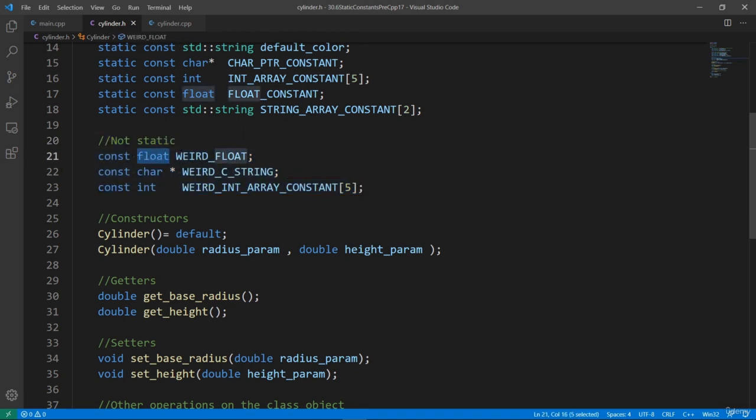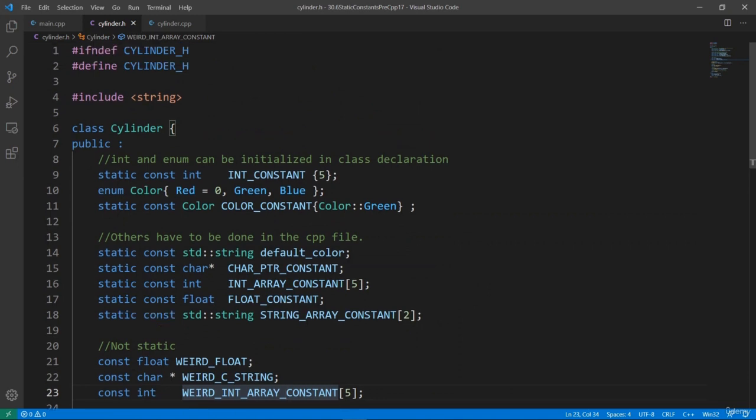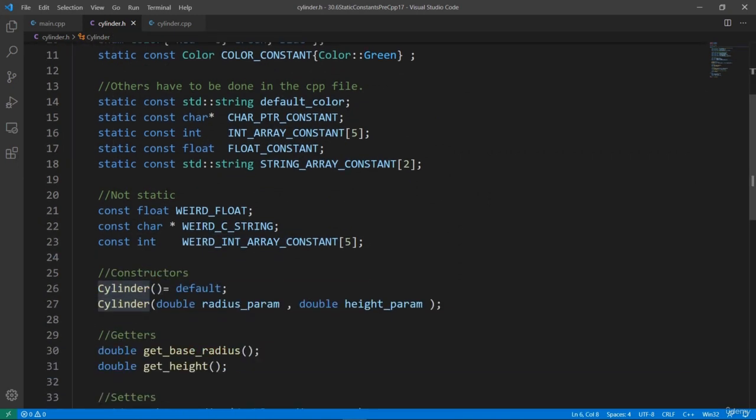You see, we have a float, we have a character pointer, we have an int. They are constants, but they are not static. So these are going to belong to the object. They're not going to be attached to the blueprint or the class itself. Now, if you have to initialize these